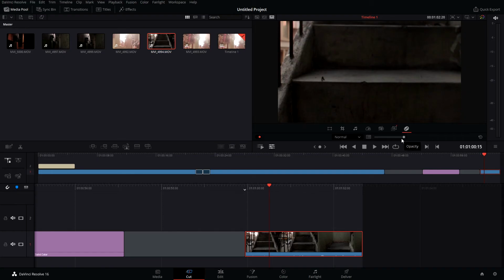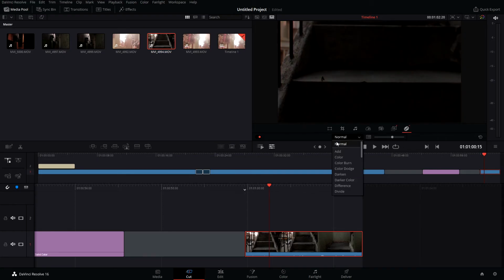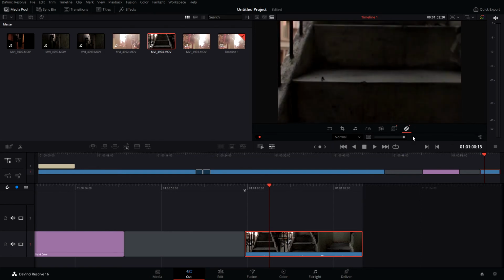This is the composite, like opacity, how much you want. And one more thing, many people will get confused between brightness and opacity.